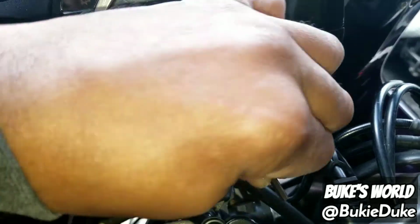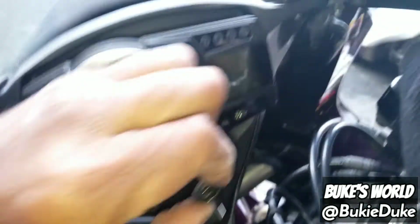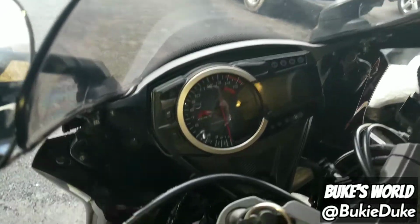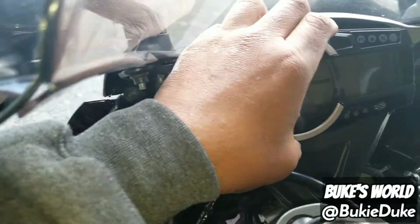Use a 4mm Allen key wrench to remove the screw at the bottom of the instrument panel. It's suggested to remove the windshield to allow yourself more room to access the bulb, but not always necessary. Once you have removed the screw and set it aside safely, you can now remove the instrument panel by giving